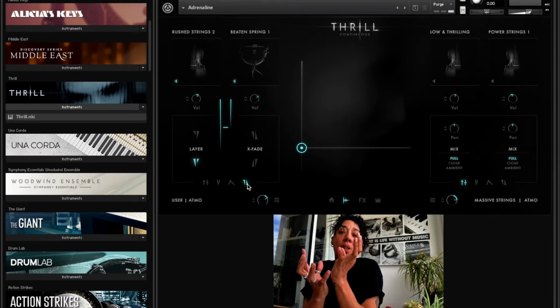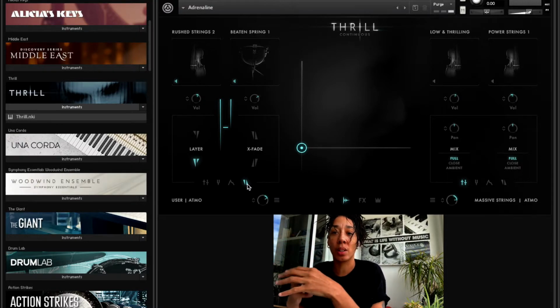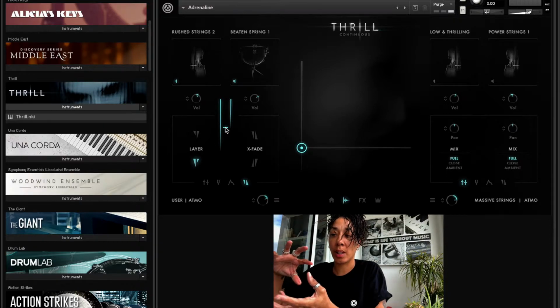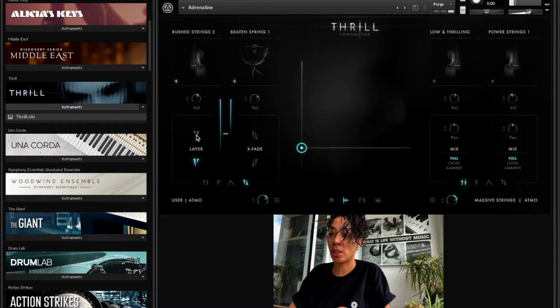So if you want more strings in that particular sound, then you can choose how you blend it, how you layer it. So I'm going to change the layer. What it does is it changes the modulation delay of when that instrument will come into the sound. So this is originally what it was sounding like, and if I just change the layer on that,